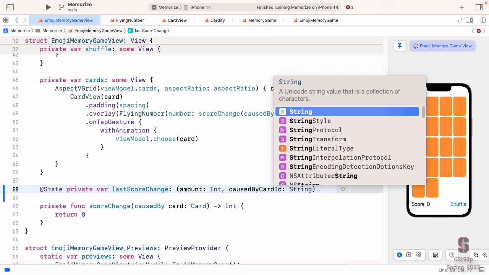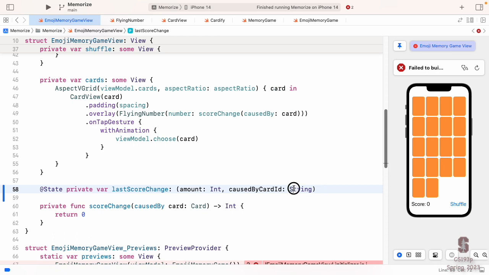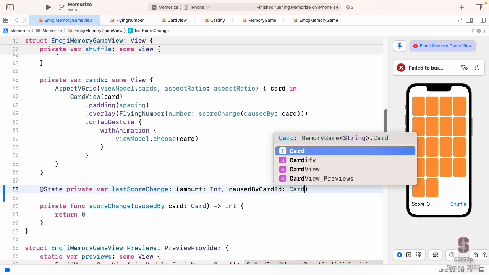Because our cards, their IDs are string. And I want to keep track of the last card that caused the score change by its ID, but I'm not going to use string right there. Instead, I'm going to use this type, Card.ID.